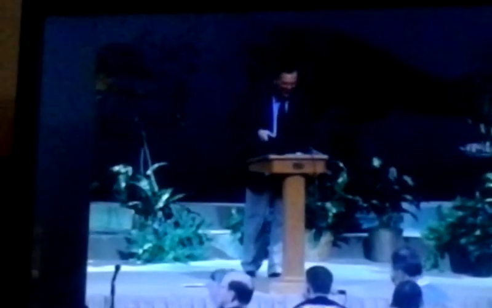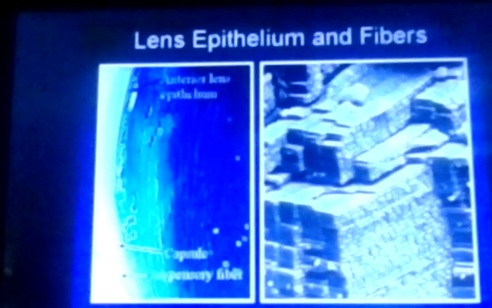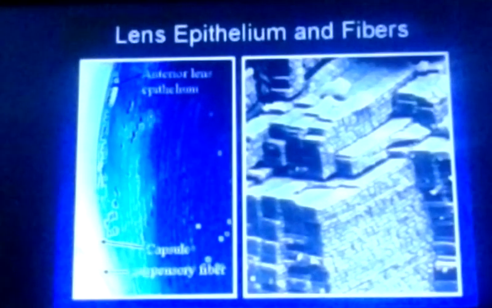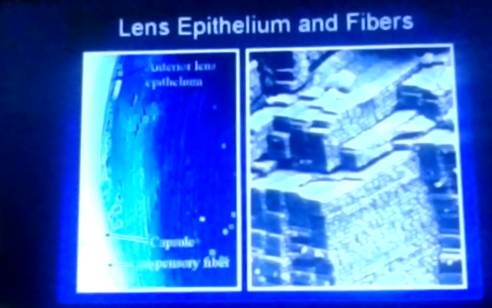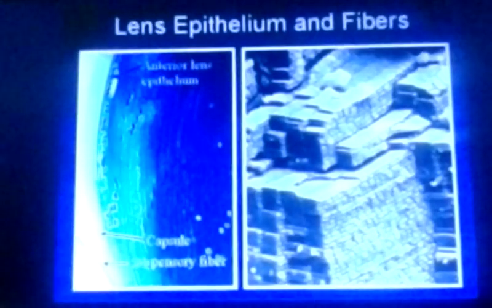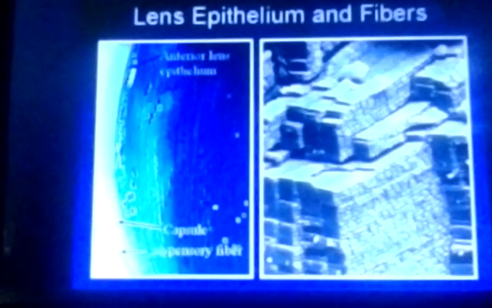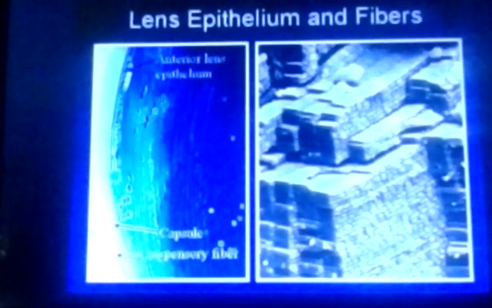And if we take the scanning electron microscope and magnify the lens again, that's the way these cells look inside. They look like boards in a lumber yard. They're perfectly stacked. Each one of those boards would be a single cell that has lost its nucleus. It's full of a protein called crystallin, and it's the most protein-rich cell in the body. It's as clear as glass, and if you crank up the